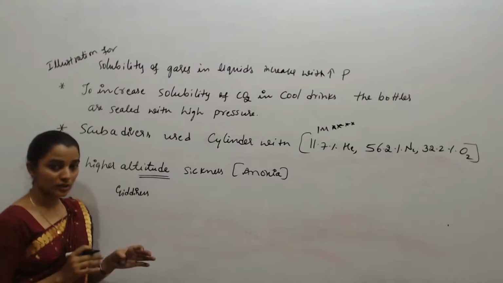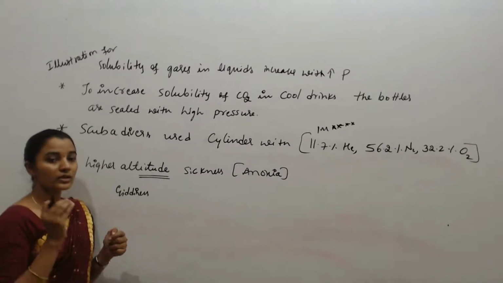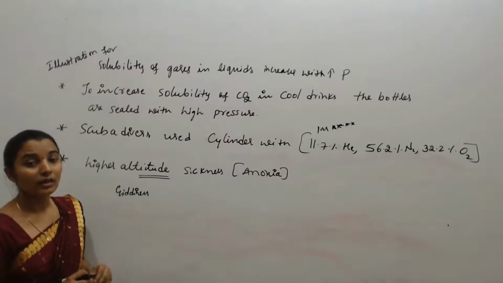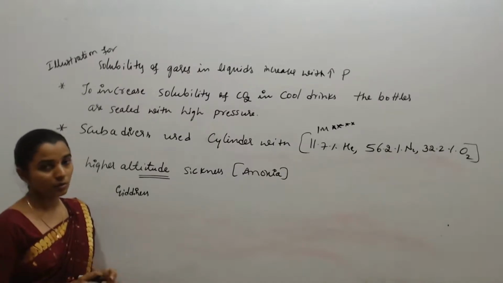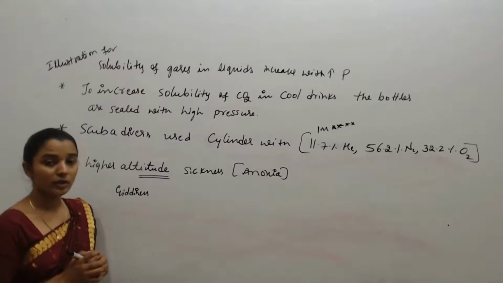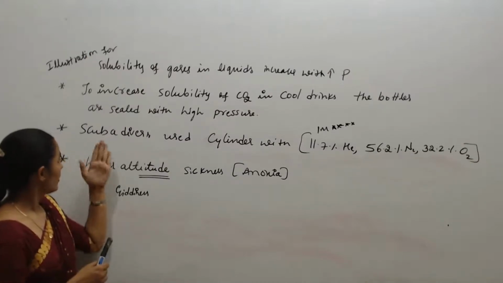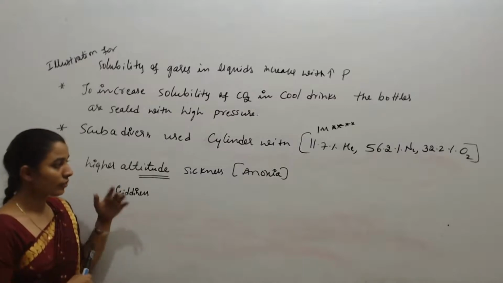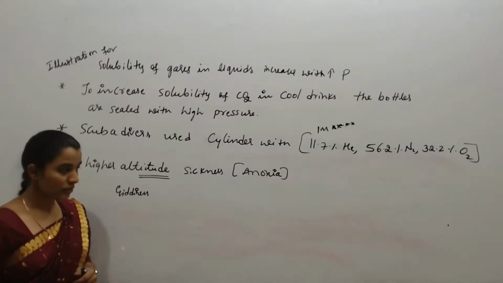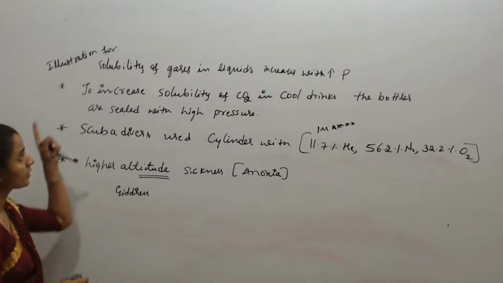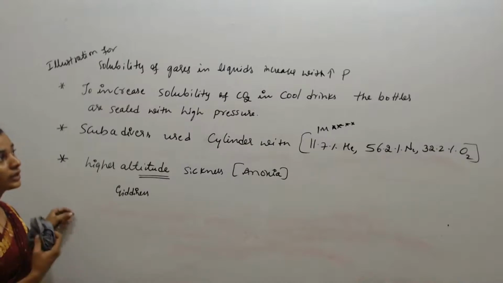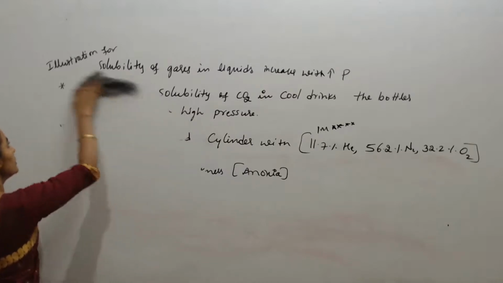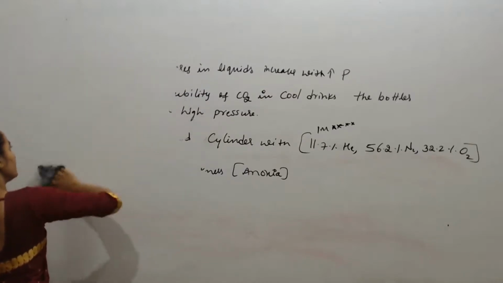anoxia. So they never concentrate on what they are doing. They don't think, because there is not a sufficient supply of oxygen to all the organs of our body, which can result in death also. So if the pressure is less, there is a problem. If the pressure is more, there is also a problem. So we should take care when we are going to do scuba diving and when we are going to climb the hill. We have to take some precautions. Okay, so this is all. These illustrations are for the solubility of gases in liquids with increasing pressure. So this is all about the solubility of gases in